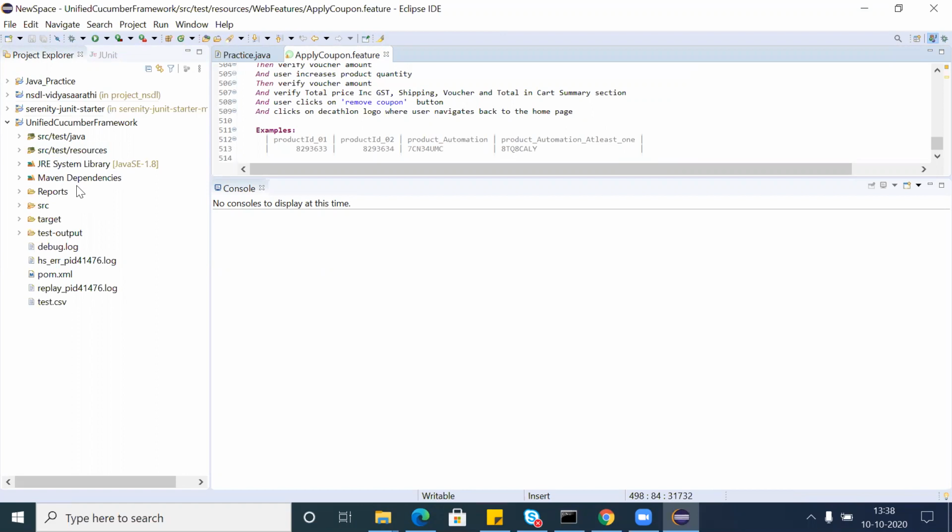From the runner file, we call the feature file and the step definition files. We covered what the Cucumber options are, what the Cucumber hooks are, what the Cucumber tags are, and options like glue code and the resultant files, and then dry run, monochrome, and strict. These are the things we have discussed. And now results: we discussed the cucumber.json file and how the results are generated in Cucumber. That's the last thing I'm trying to share with you.